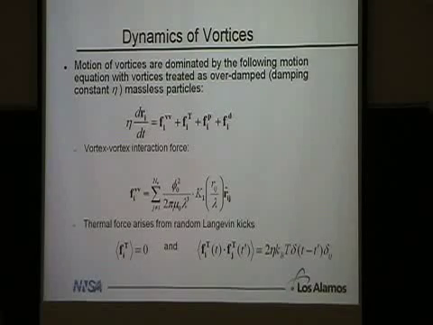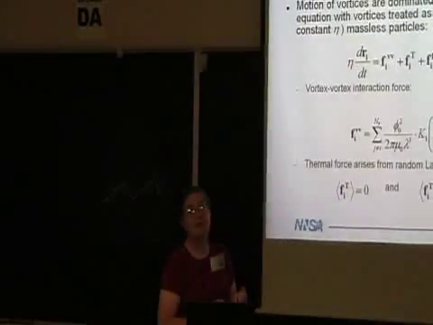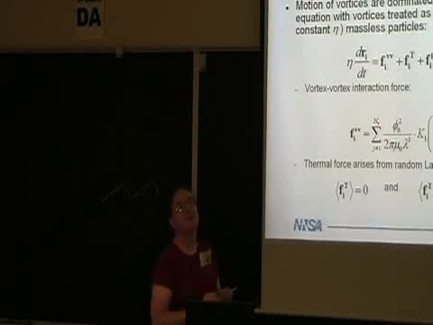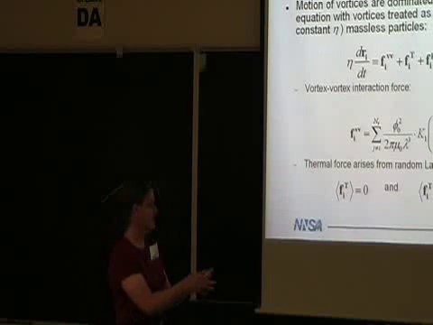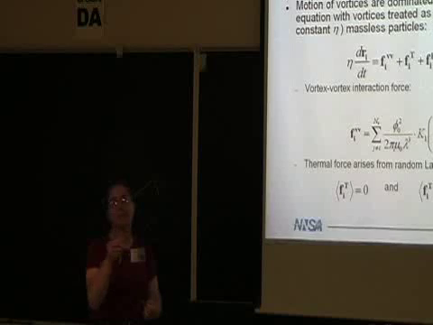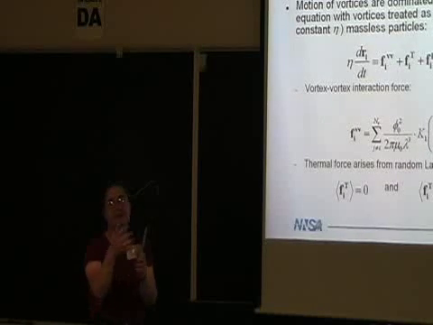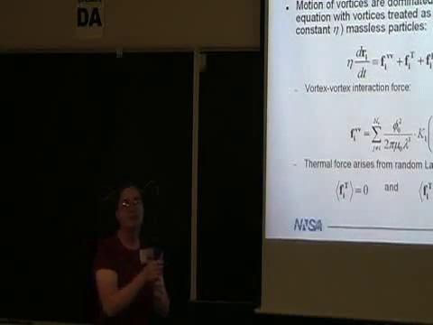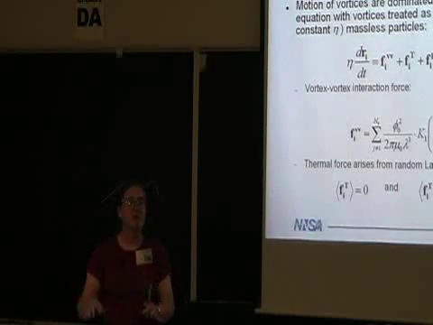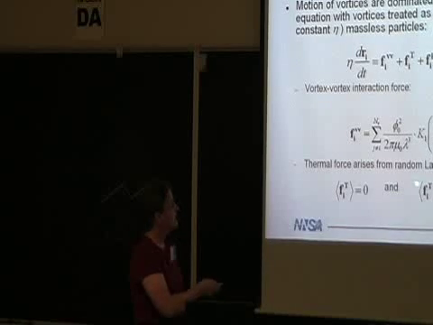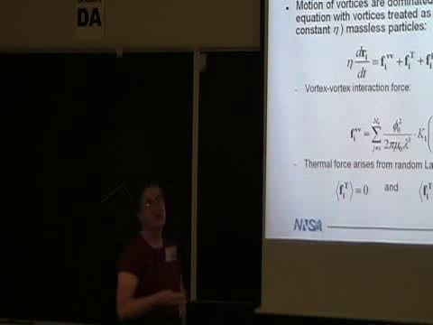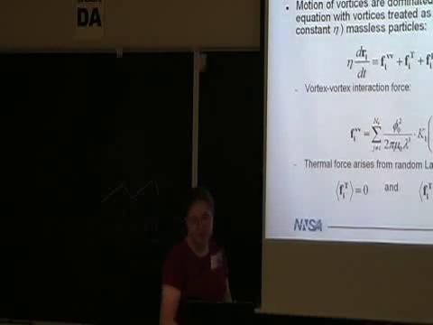Question? You have thermal noise with the fluctuation dissipation theorem on the slide. Is there a microscopic reason we should expect that to be true and not some other? Well, in the superconductor, you could argue, and this Brownian dynamics technique was actually developed in the 70s with the idea of modeling something like a colloid being bashed by the microscopic water particles. In the case of the vortex, it's most likely going to be phonons wandering around in the material, something like that, that will cause these thermal fluctuations. And again, for the low TC materials, they aren't very significant. It's mostly in the high TC materials that you worry about temperature.